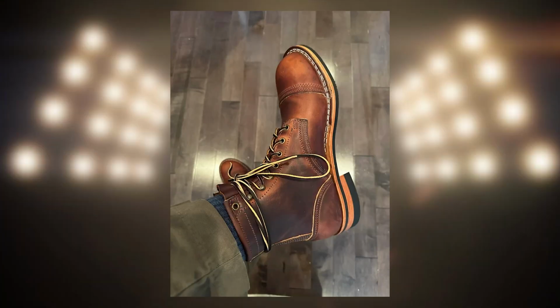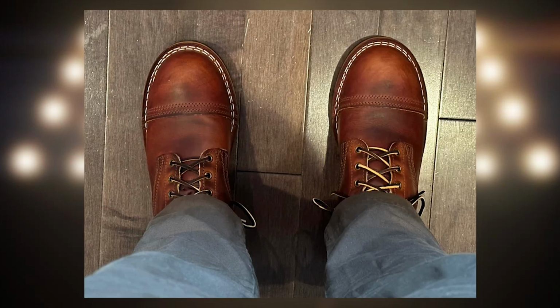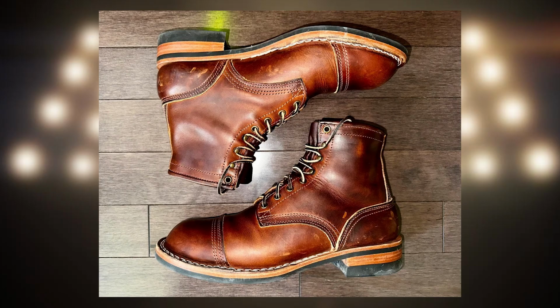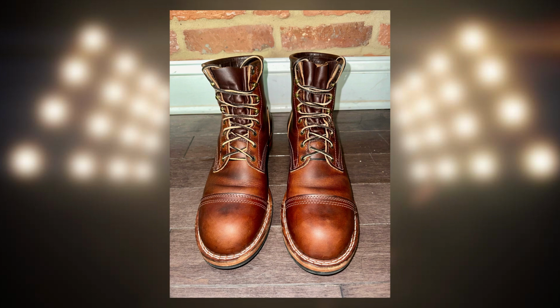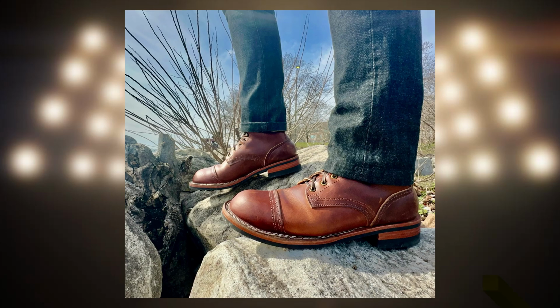This was a really pretty boot. I don't know, it's interesting. The Americana is a decent seller. It's not one of our best-selling configurations, so kind of surprised to see that, but it's a really pretty boot. The Americana, it's been around for a while. It was conceived back in